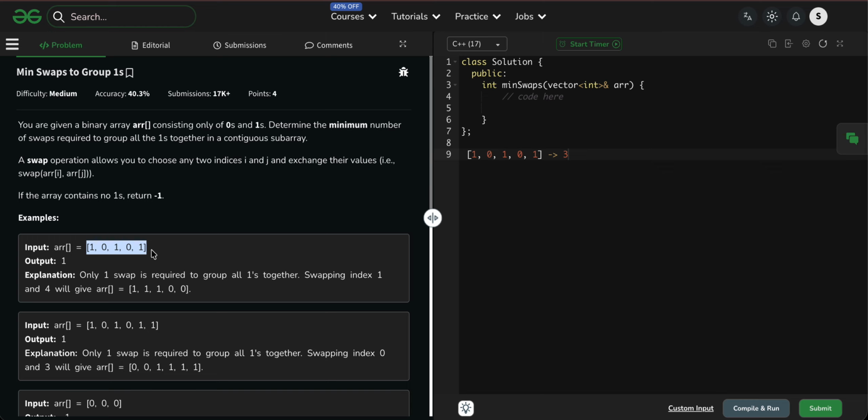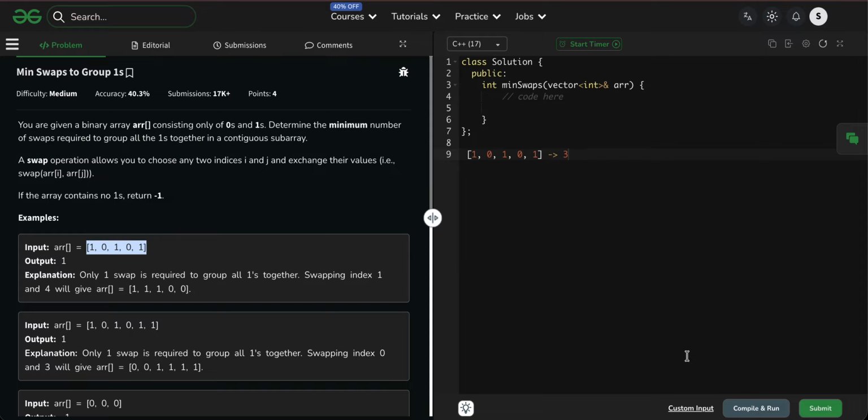For every window, count how many zeros are inside it. The minimum number of zeros in any such window will be the minimum swaps required. Very simple approach for brute force.